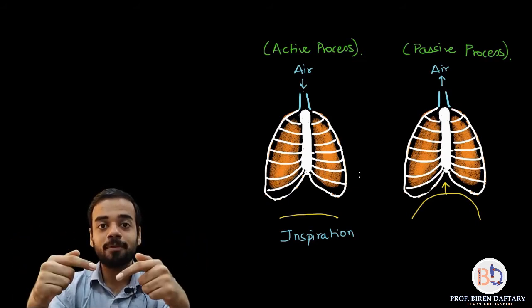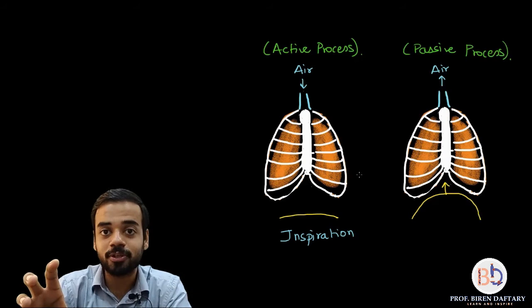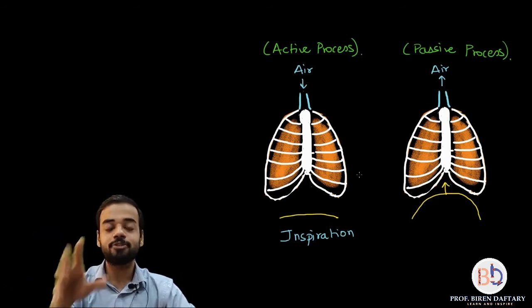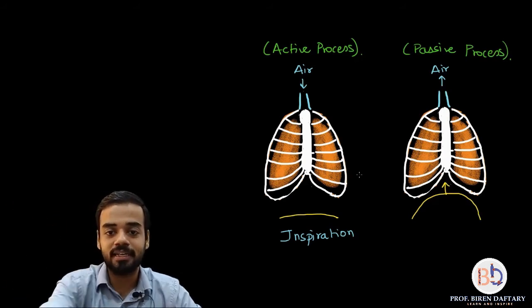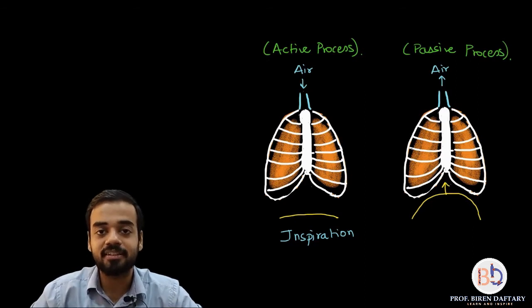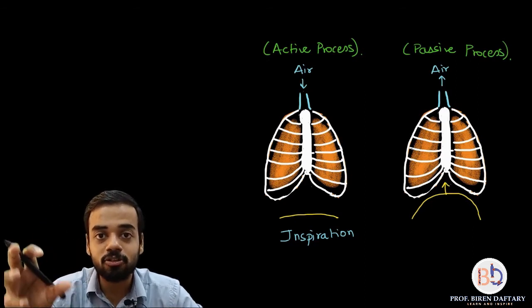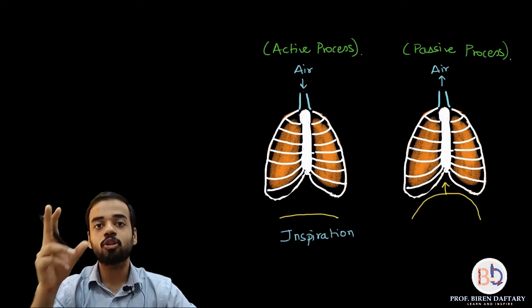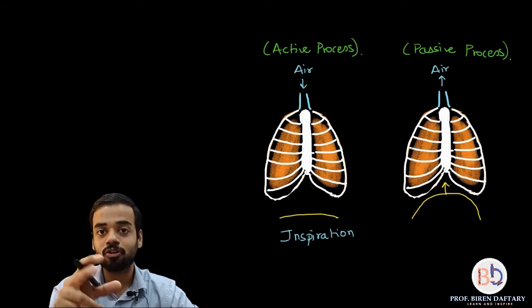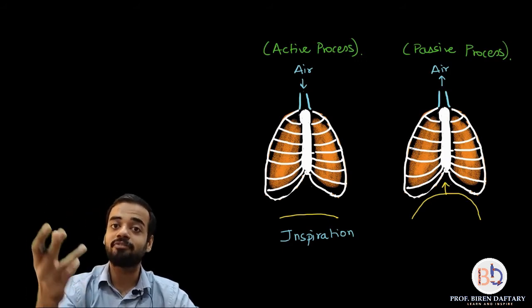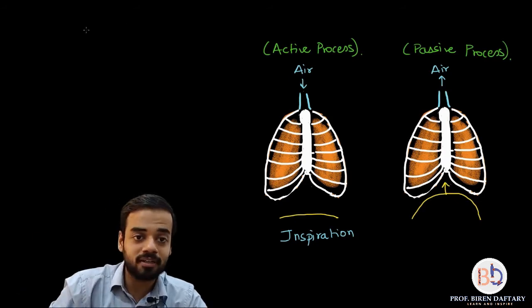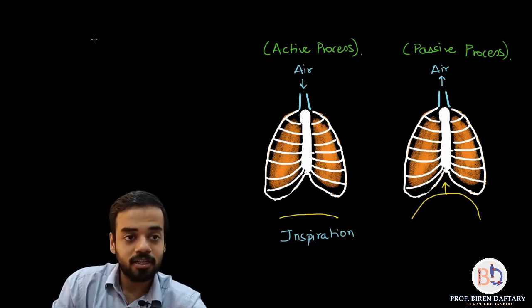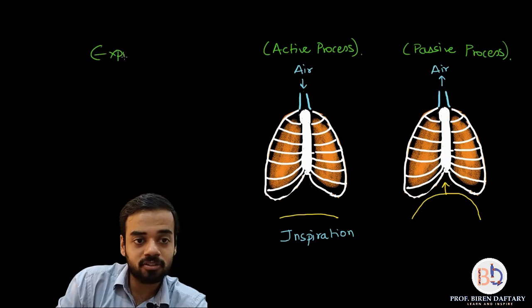So now what happens is the thoracic volume has reduced. See, thoracic volume is the area which is present inside the rib cage. Now it has reduced because both the muscles have relaxed. If the thoracic volume reduces, what will happen to the thoracic pressure? It will increase because they are inversely proportional. So let me write down expiration over here.